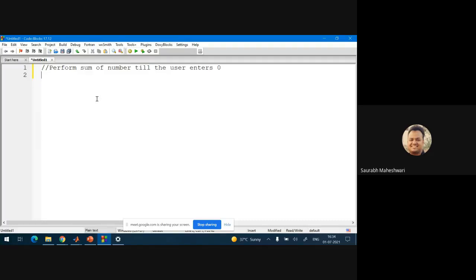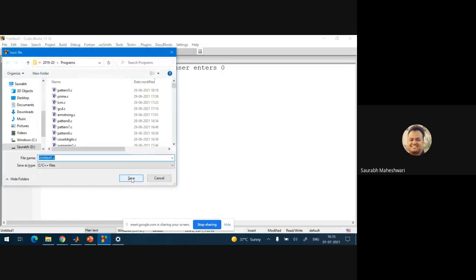This means the user will keep on adding numbers, and all of those numbers are to be added and a sum found, and this summation process continues until the user enters 0.